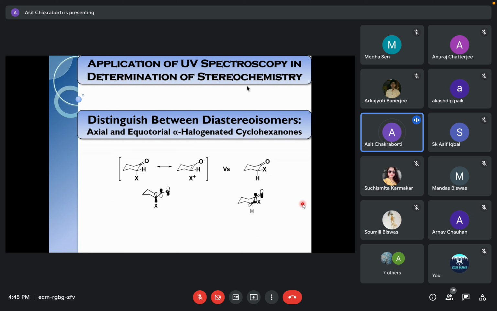In today's context, bromine is a very corrosive agent, but chlorine is much worse because it's a gaseous molecule, and if you inhale chlorine, you will vomit. So that is a problem. Iodine is innocent, but the only problem is that it is very photosensitive, so it will be very difficult to preserve the iodo compounds. So that's why we use bromination.